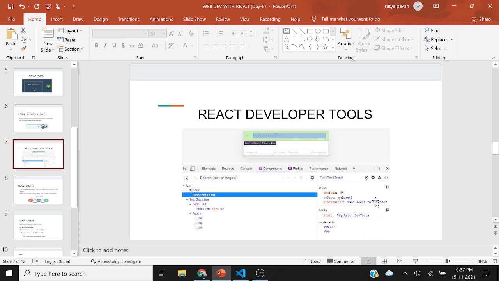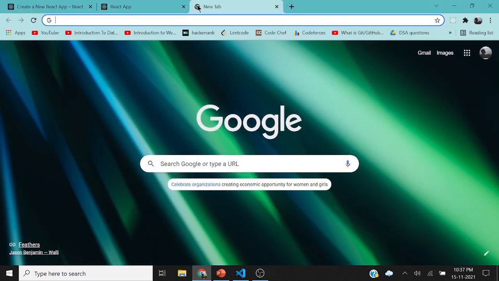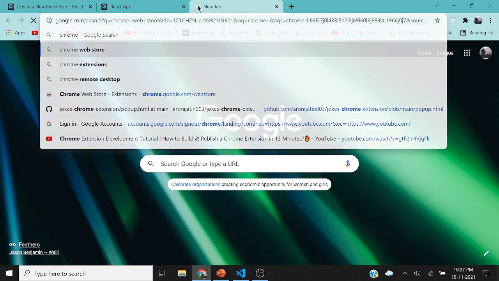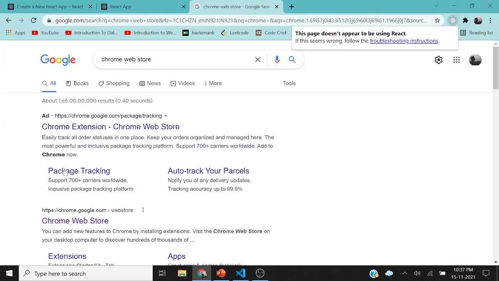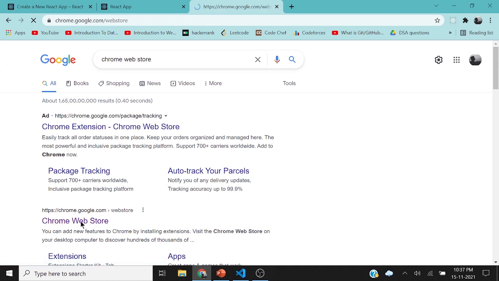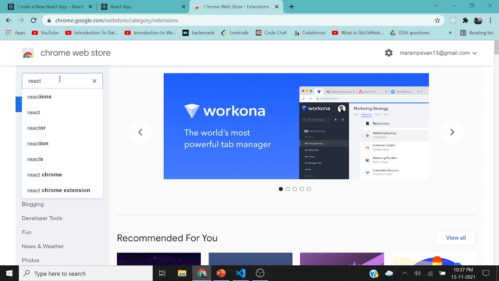As you all know, if you right-click and go to Inspect, this is how we can see. But the Components and Profiler tabs are useful for us for debugging the code. I'll show how to use it and how to install it too. So first go to the Chrome Web Store. I have already installed it, as you can see here. I'll show it again, what to do. So go to Chrome Web Store and search for React Developer Tools.